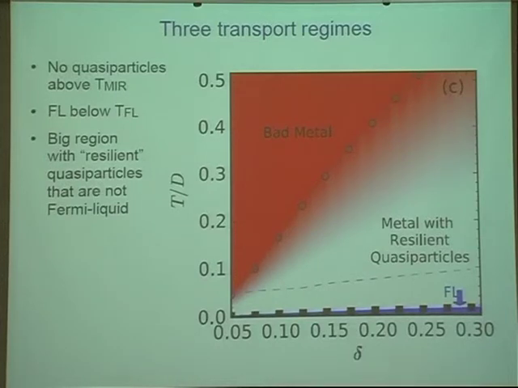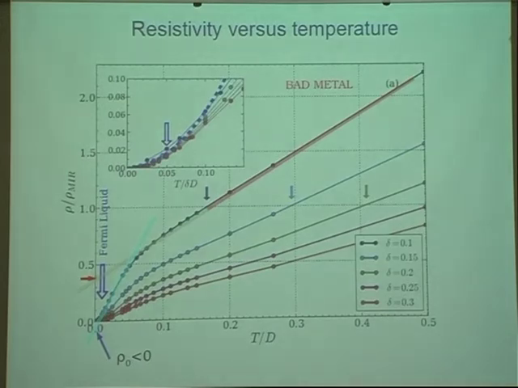So let me go through these different regions a little more in detail. These are typically the resistivity curves we obtain for different doping levels as a function of temperature, and this is the resistivity normalized by the Mott-Ioffe-Regel limit. These curves start at very low temperature as T squared. In the inset, at low temperature, it's scaled with the doping, so the curves pretty much collapse, and this T squared behavior persists up to this quite low temperature. So this is what you see here.